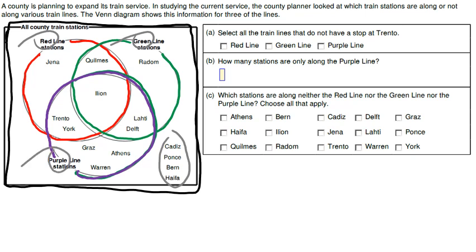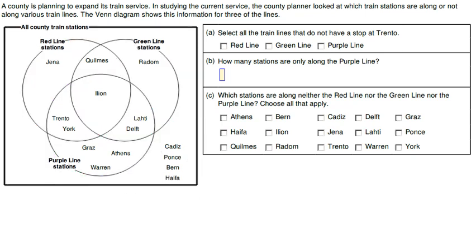All right, now let's get back to things here. I'm going to clear this off. Let's start answering questions. Select all trains that do not have a stop at Trento. So they don't stop at Trento, meaning the train lines that do not have a stop at Trento. So here's Trento. The train lines that do not include Trento consist of only one, the green line, because